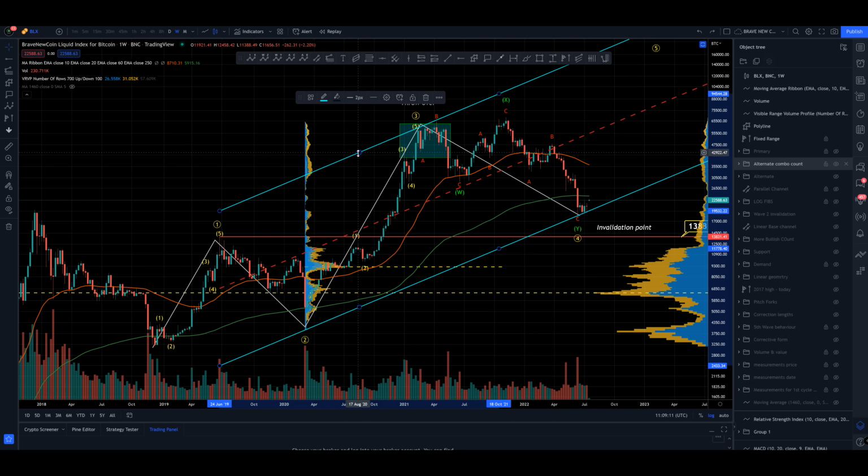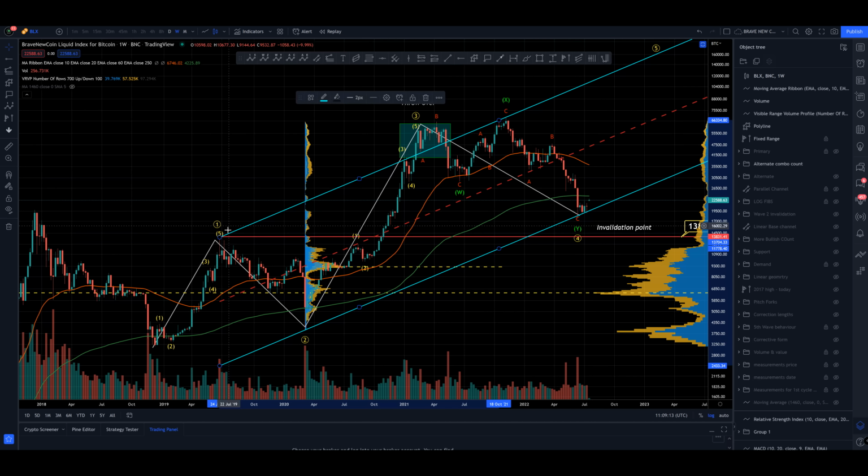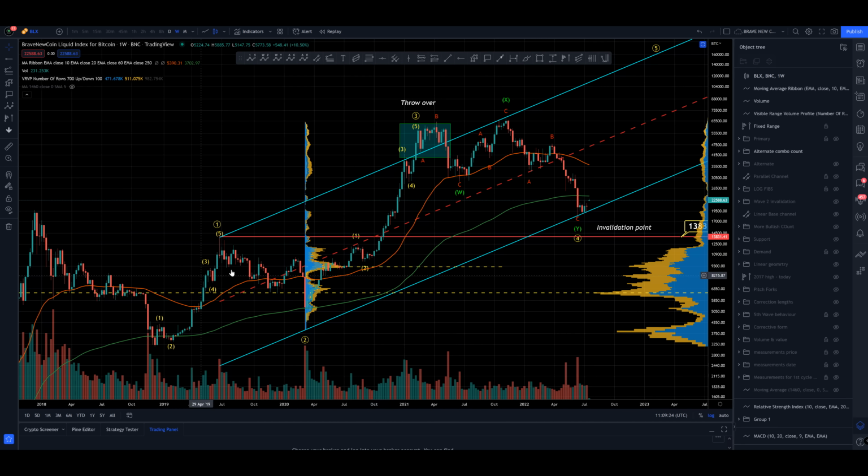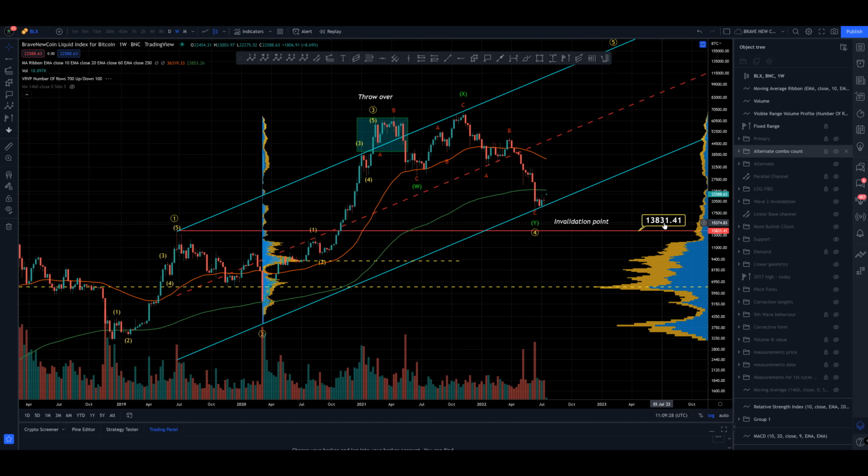But what I notice here is if we take the high of the 1 and the B wave high, or X wave high in this case, and then the low of the 4, we actually get this little throw over in the 3 of the channel, which is quite common. Okay, so this is still valid until we get to 13,831.41, which is the top of the wave 1 back here. If we come back to that, this cannot be a wave 4. We can dismiss this count completely. So we're still currently legal, and we're still currently hanging on at the moment, so we can't dismiss this completely.